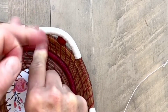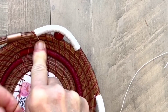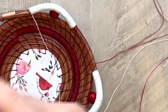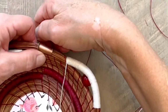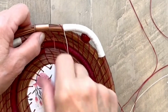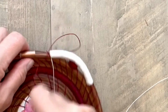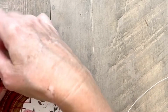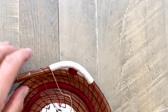Pull, and I pull. Kind of have to have some muscles for this. Okay, I'm going to take another stitch because I want that to be really seated tightly in there. Take another stitch in on the left and out on the right. I'm going to pull them tight again and pull. Okay, now